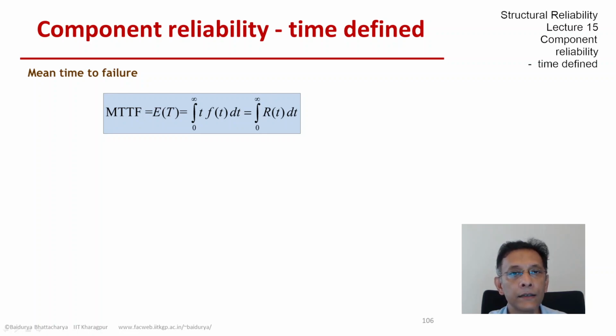That also gives rise to, as we'll prove next, the last equation on the right, which says that the mean time to failure of a component is the area under its reliability curve, which is actually a very useful property to have in some situations, such as when in a test program